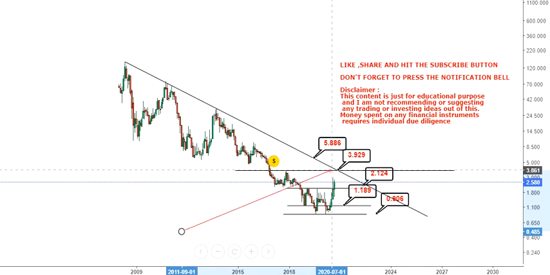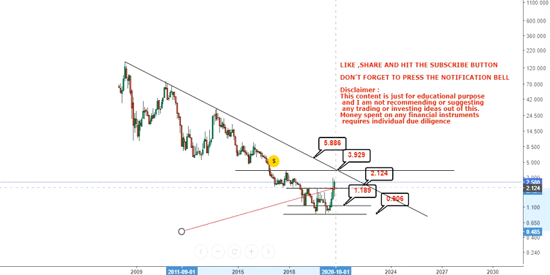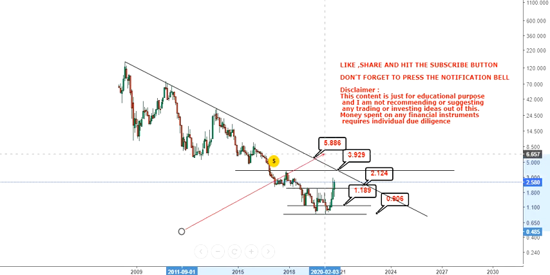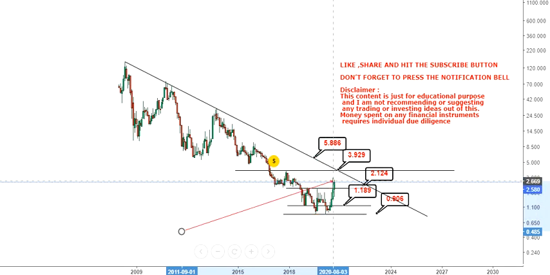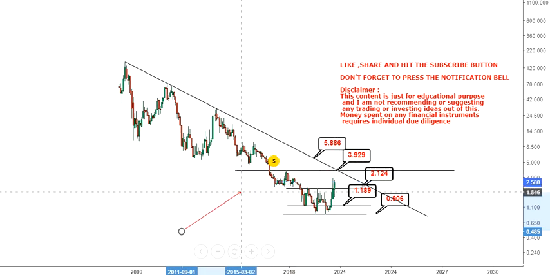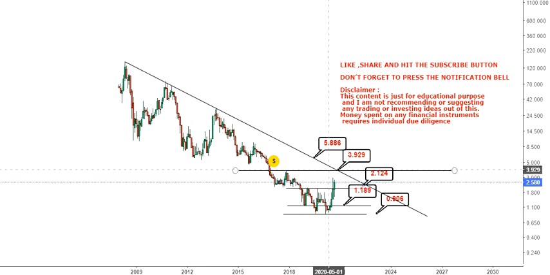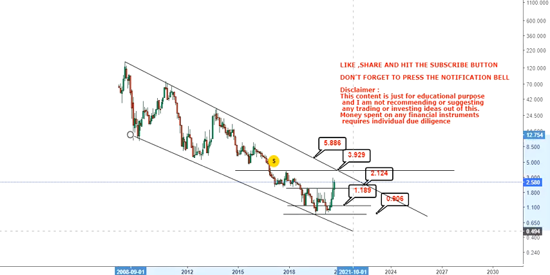For that, the stock needs to go on the other side of the line. Even if the stock moves till 3.9 or 4 or 5 and again starts falling back, it will merely be considered a bounce back but a false breakout, because the stock again comes back inside the range. So unless the stock moves beyond this line and stays above the line, we cannot consider it a breakout, and before which you have lots of support and resistance levels.